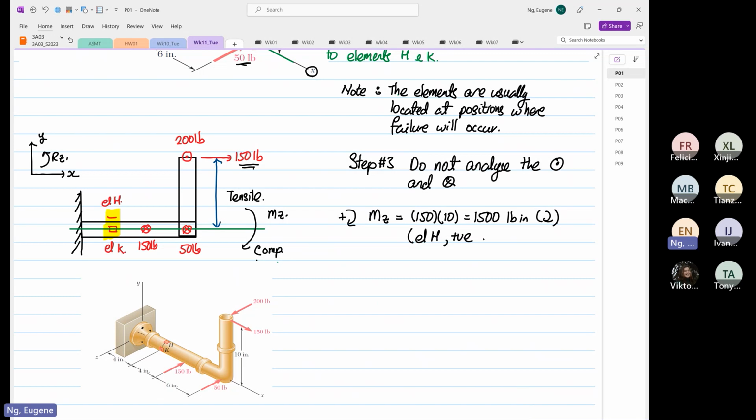And we also know that element K is equal to 0. Why? Because element K is on the centroid. Just to quickly recap, if we just focus on moment about Z, the stress in the X direction is equal to minus